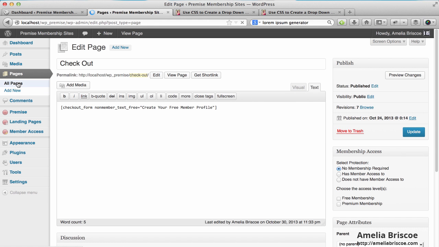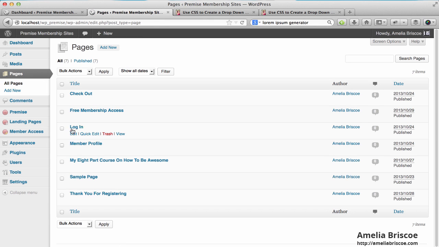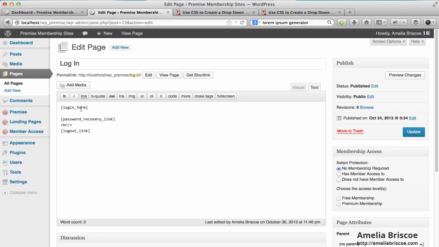area. Now let's go to the pages, and we're going to customize the login page. Now we have this login form shortcode, and we can add some arguments or parameters to this. When someone comes to the page and logs in, we can add something called welcome underscore text. We put in some single quotes here, and we can add some welcome text. So we can put in welcome back. And we can use HTML tags here, so we can use a line break, and then we can put in